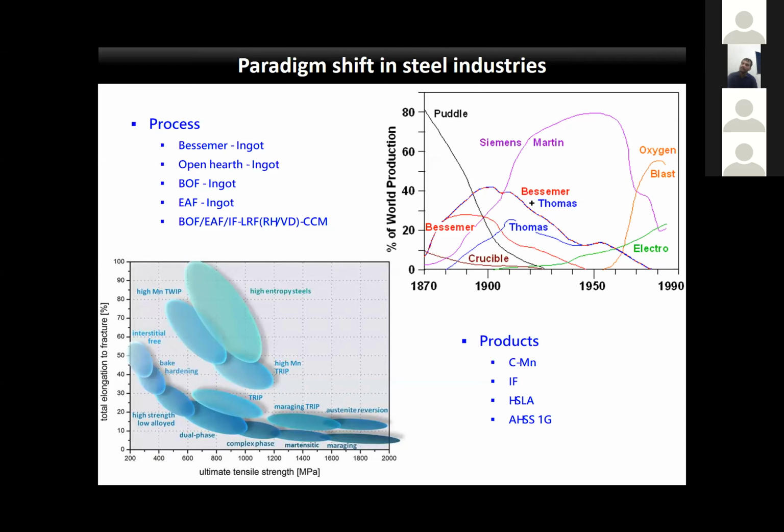There is a relation between process development and product development. The new products are getting commercialized because of the innovations done in the process and improvement in the process. We should not forget this when we look into the different kinds of products coming into the steel market.